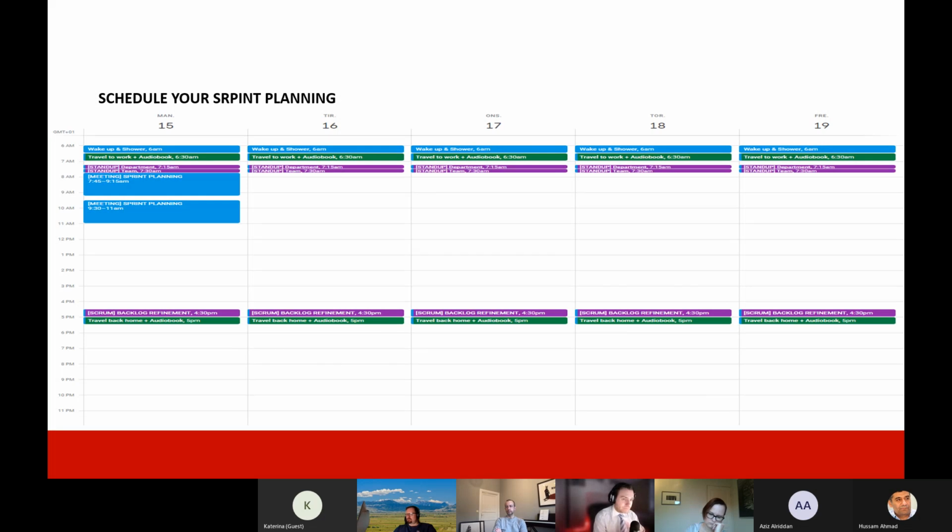The next on your calendar should be to schedule your sprint planning. So if you have a 2-week sprint, this would be in the beginning of the sprint, and I would set up 3 hours at least for this process. If your team is a bit smaller, of course, you can use less time, but the message here is just to create a habit of making the daily, weekly plan where you schedule everything you're going to do.